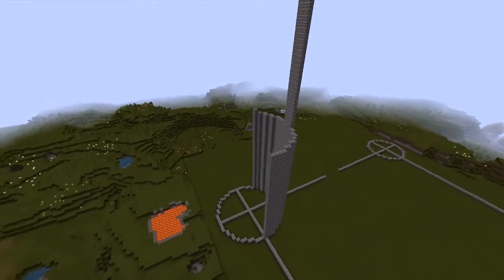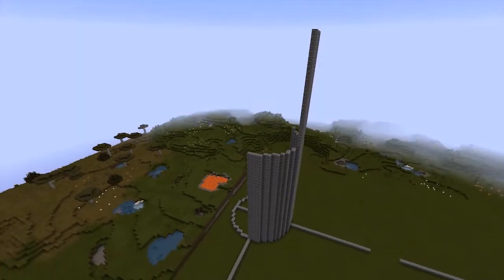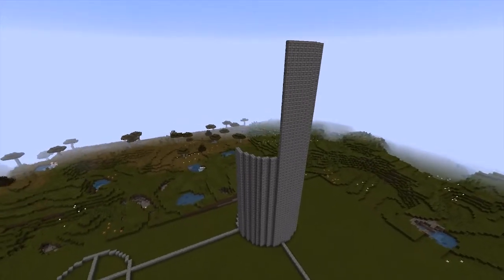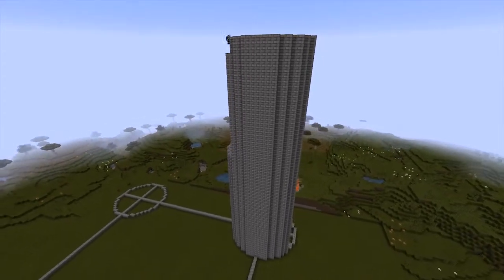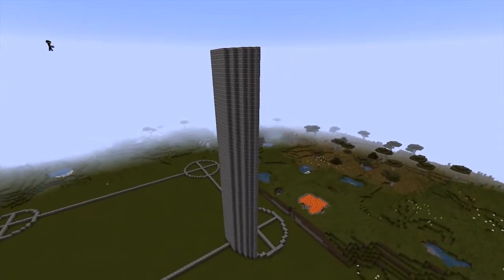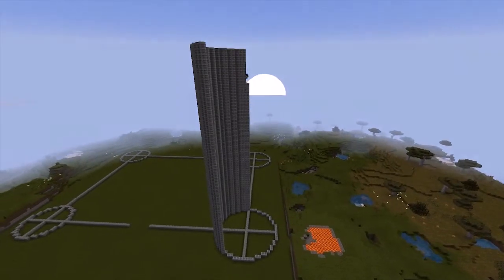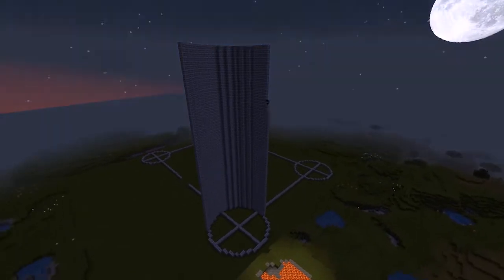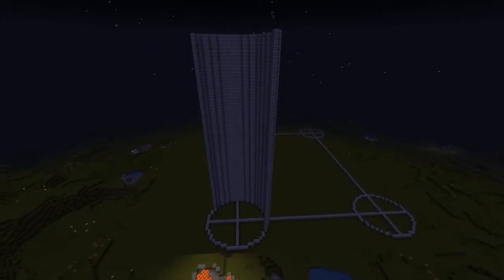There we go. So now you can see me doing the second tier, because I looked at it and decided this is going to be a really short and stubby tower if I don't make it taller. So I bring it up, and this takes me maybe half an hour, 35 minutes to do. It's a big job doing this, don't underestimate it. I'm just going to keep on building up, all the way up, and then I'll be done with this tower for now. We're obviously going to come back and add some more